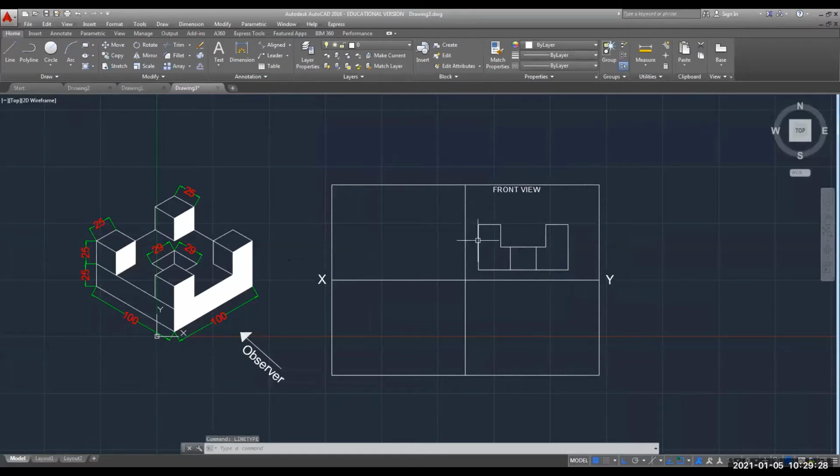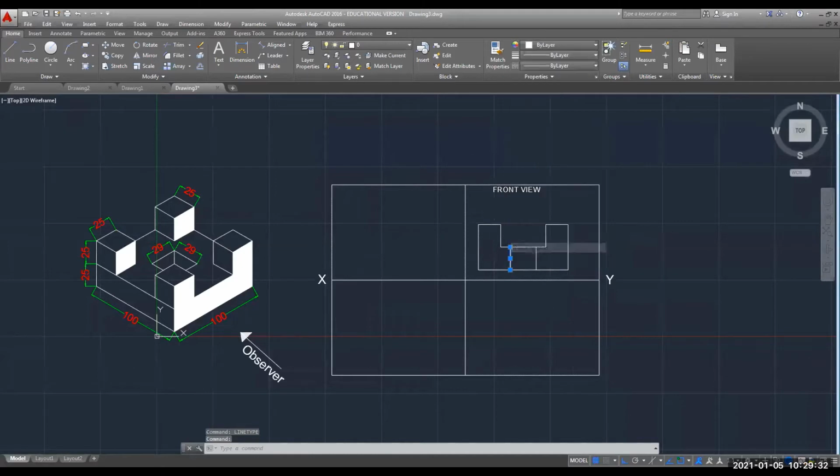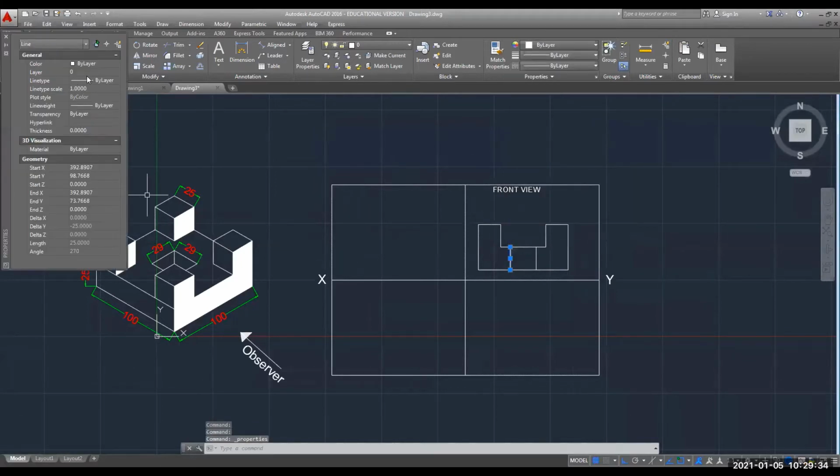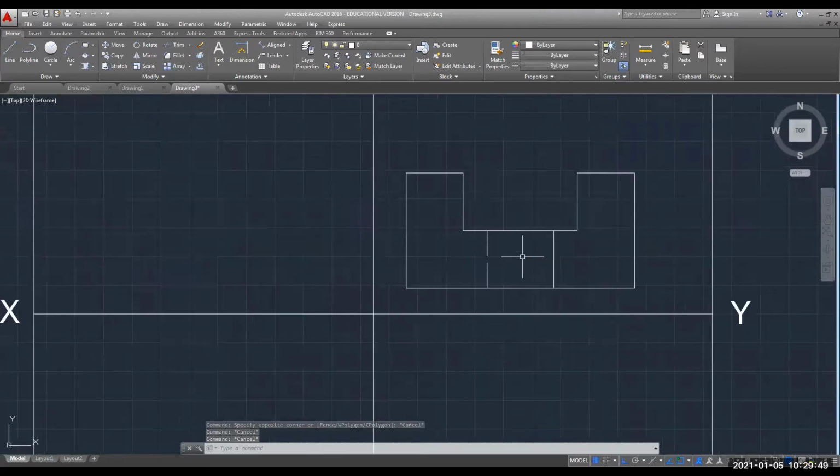Now select this line, right click, click on properties. Here you can see the linetype, make it dash. Let us check whether the dash lines are visible or not. There is one piece broken.